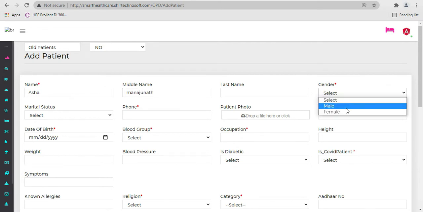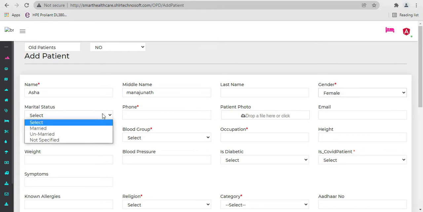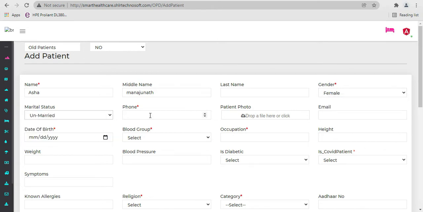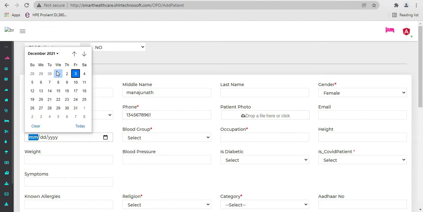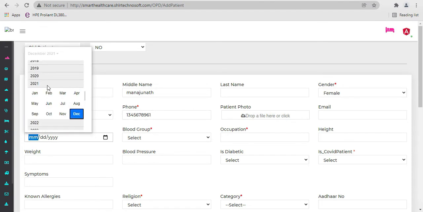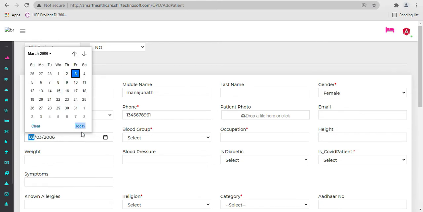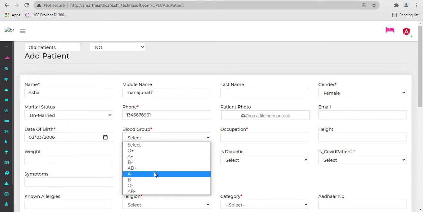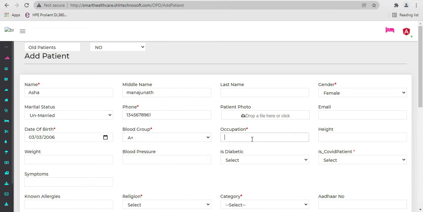Next, select the gender of the patient, then marital status, then the phone number of the patient, then the patient photo, then the blood group of the patient, and the date of birth of the patient. Then select the blood group, and the occupation of the patient, whatever it is, then you have to enter that.